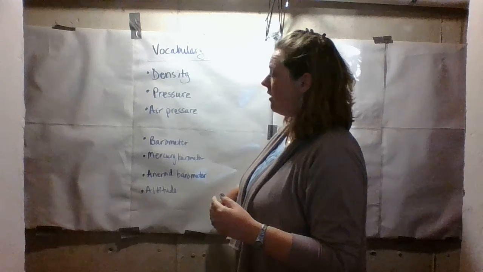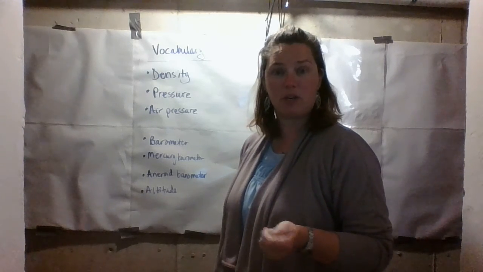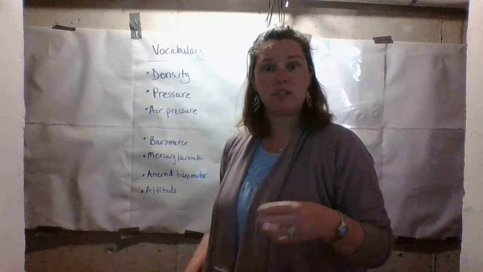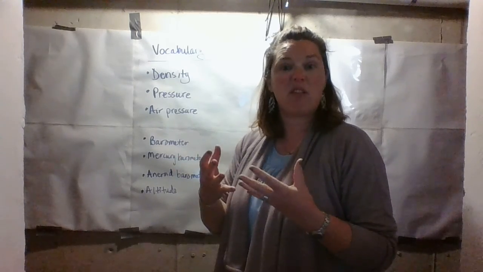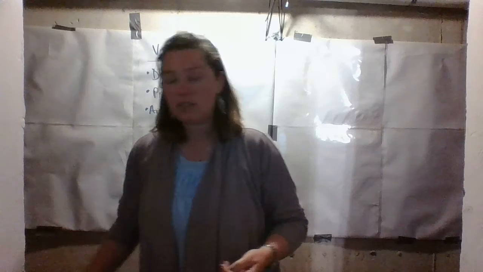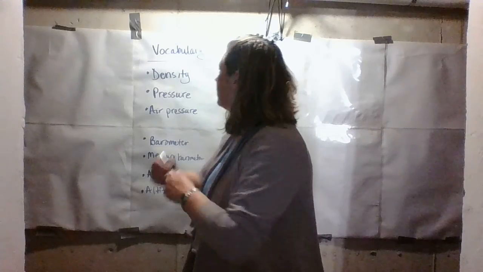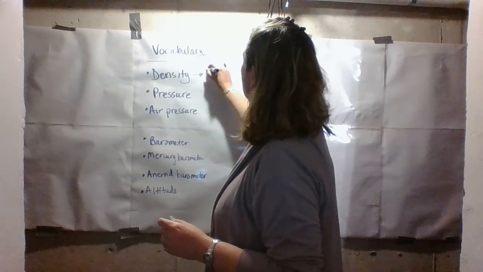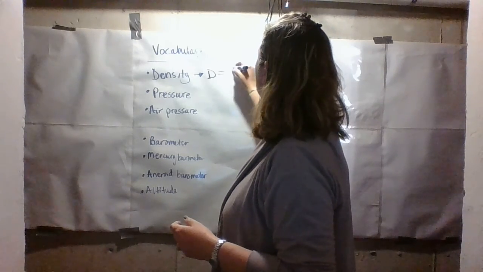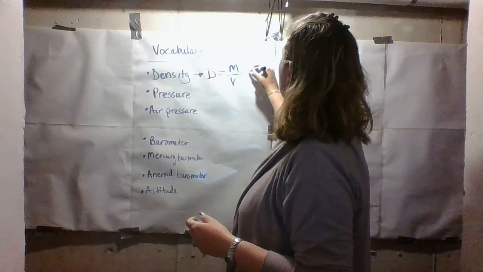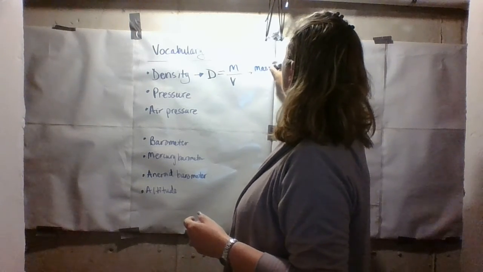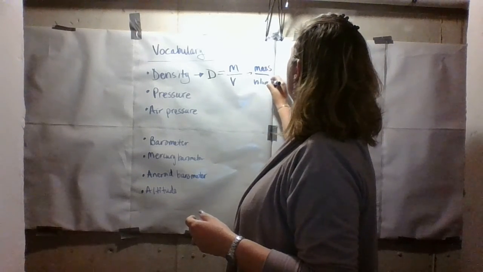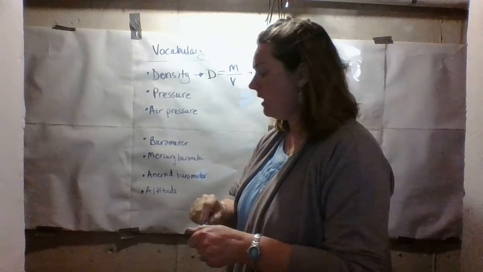Okay, so these are the vocab words from the section of the textbook I had you read before vacation. We're going to start with this first concept of density. Most of you seem to understand that it had to do with how much stuff there was. So the best definition or most common that you're going to see is that density is expressed as a math equation. So D stands for density, and it is going to be equal to M over V, and M is mass. If you can read that, yeah, you can. Mass over volume,